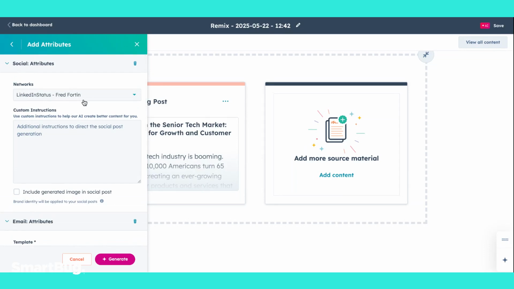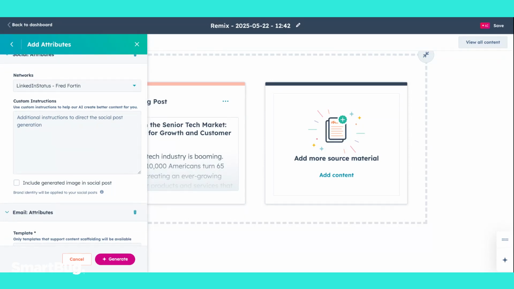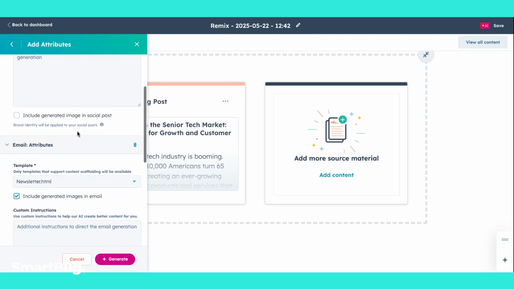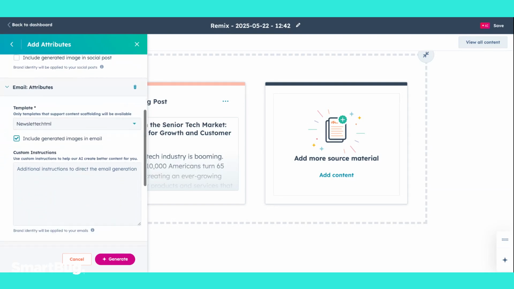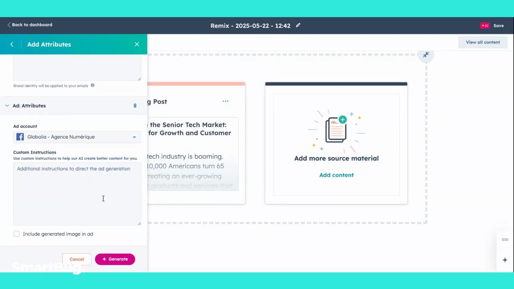So for social, make sure you choose the correct network that you want to have this post be for. Add some custom instructions if you want to help AI create better content for you. So if you wanted the tone to be a little bit more friendly or more serious, you can add some instructions here. You can also include generated images in your social posts if you'd like. So for email, you would have a template option. Make sure you choose the correct one with some content instructions, and same like we were talking about for the ad. So I'll go ahead and click generate,